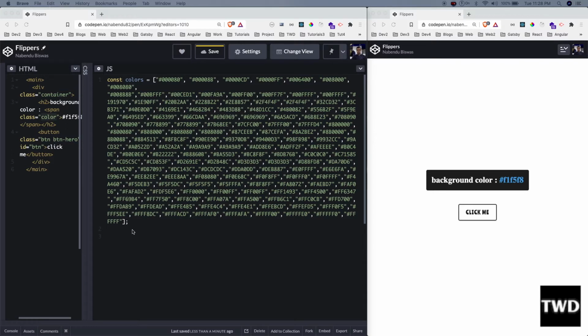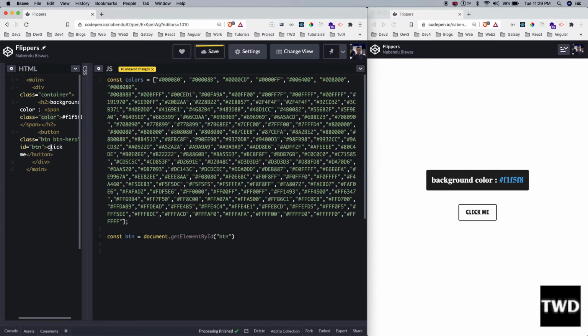So let me come here and const. So I have to choose two things. One is this button, so button equal to document dot getElementById and button.